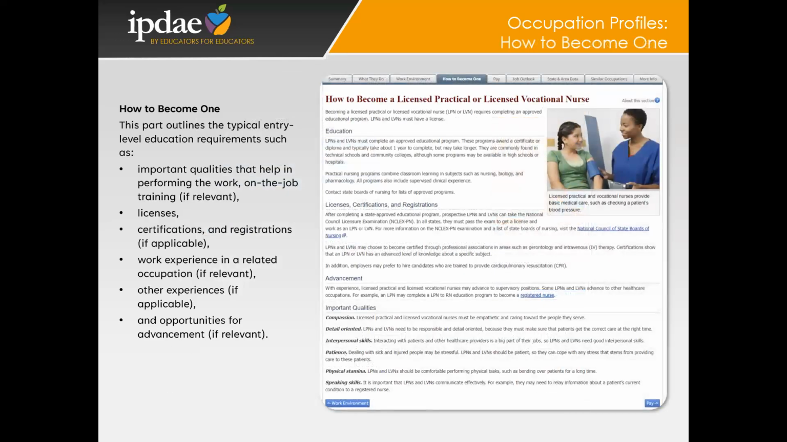The next section of the occupational profile is the How to Become One section, which provides essential information about the qualifications and experiences that are typically required to enter this given profession. Key elements covered in the How to Become One section include the entry-level education requirements, which provide information about the